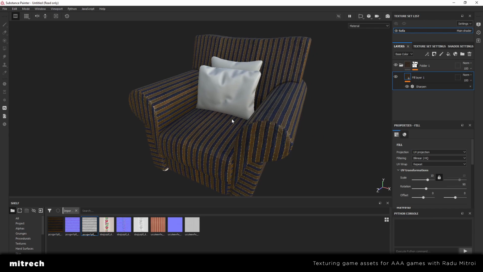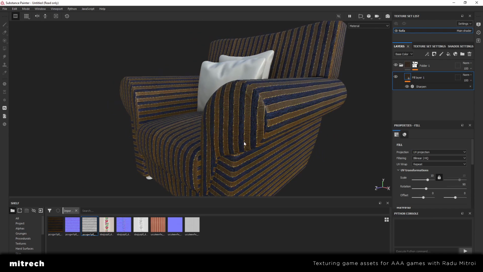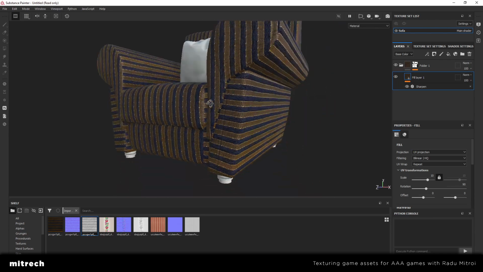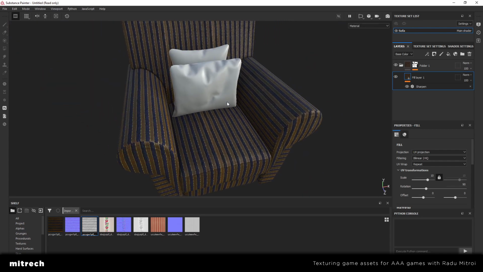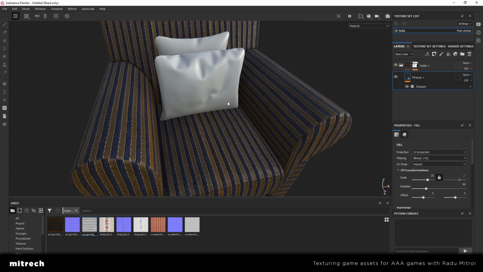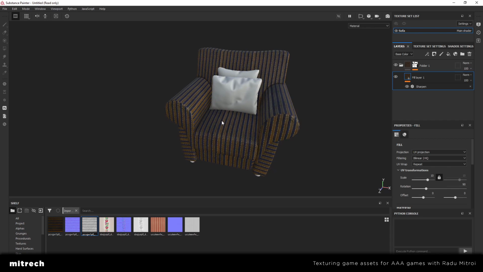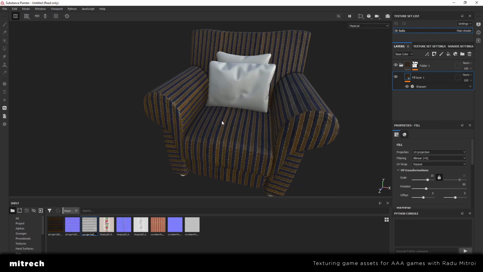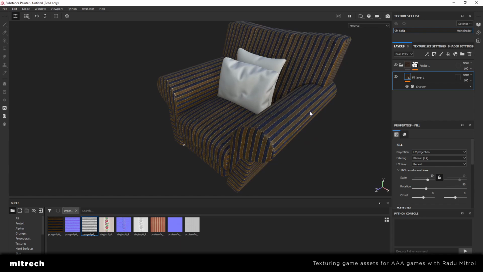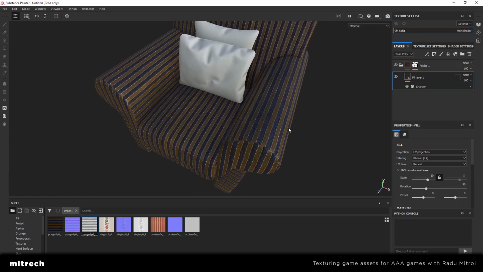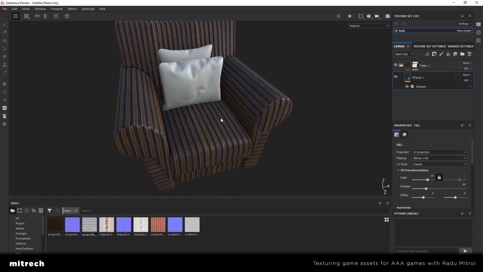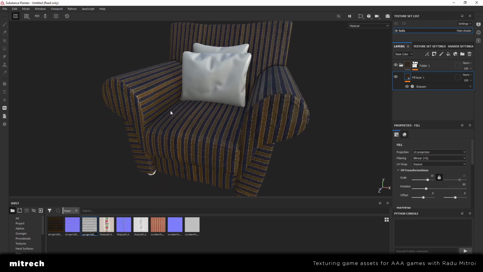Alright, what I want to do next is add some damage, because the environment that this asset is going to be put into requires that our asset has gone through a lot, and to make that visible, I'll have to add some wear and tear, some rips, and, you know, nice detail like this. And I think that I'll start with some